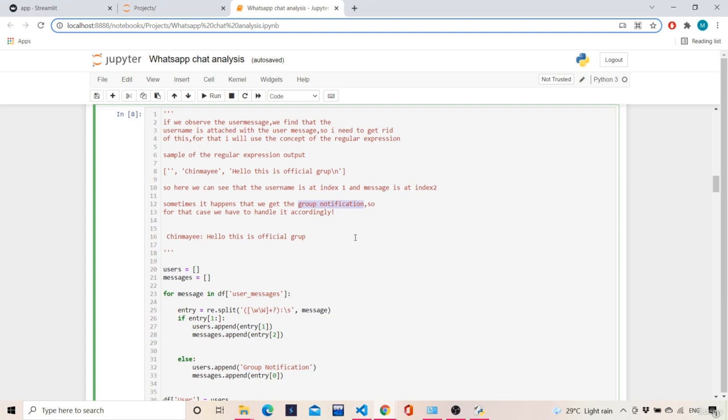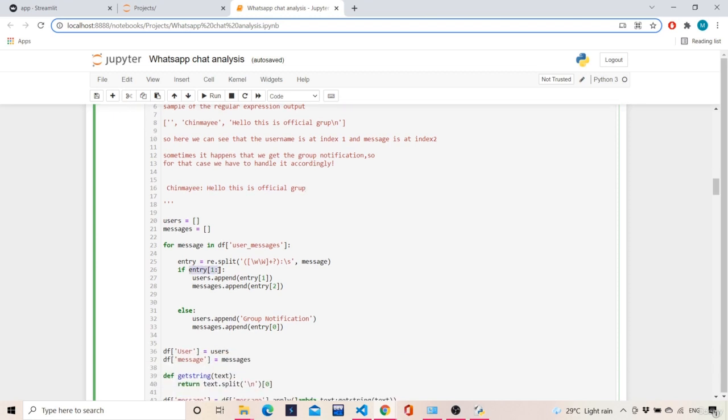That is why I need the user information separately, and I want the message of the user separately. That is why, if entry of 1 colon, that means if the length of the entry is greater than 1, then only you enter. So users.append entry of 1, messages.append entry of 2.